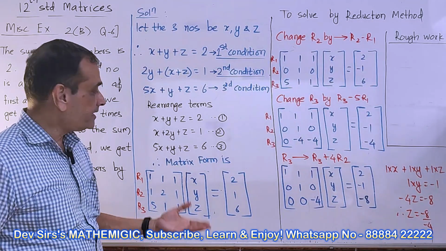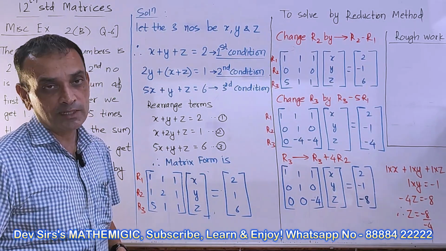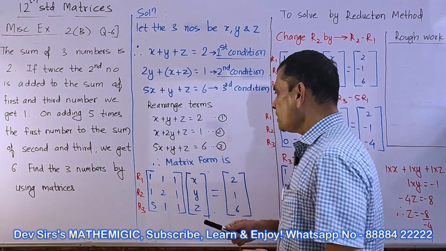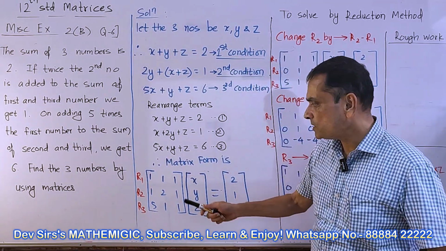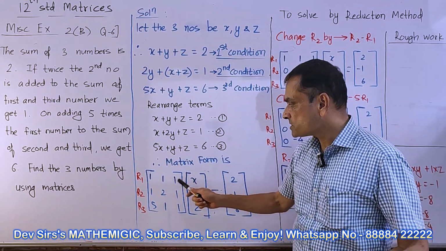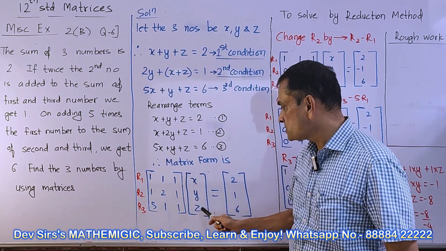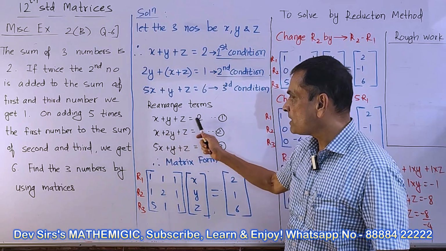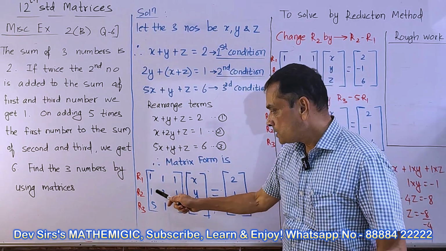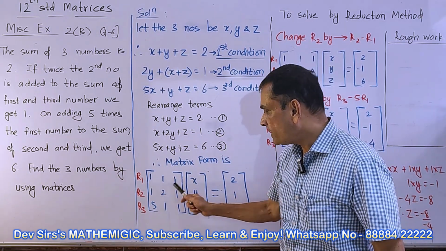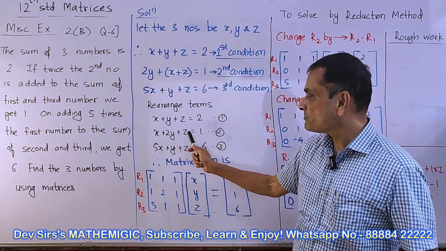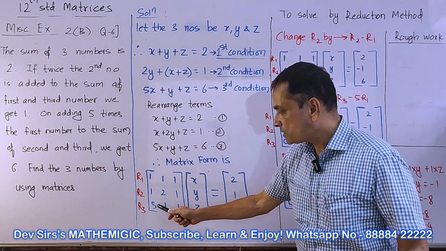Now you might think कि ये और ये कैसा आ गया? So it's a simple thing. If you carry out matrix multiplication, 1 into x, first row, first column, 1 into x plus 1 into y plus 1 into z equal to 2. That is x plus y plus z equal to 2. Second row multiply करो, 1 into x plus 2y plus 1z equal to 1. Third row